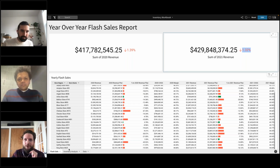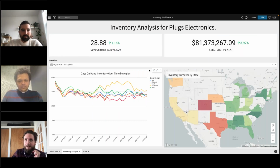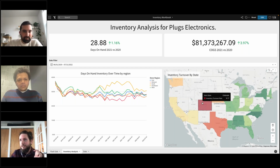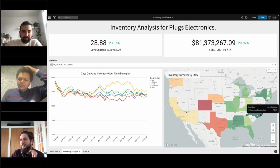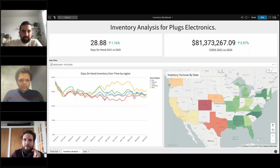So if I want to hop over, I might want to do some inventory analysis. So these were the different metrics that become very important within retail, like sell-through, like days on hand inventory over time. And again, the Southwest is my prime offender, that they have the largest trend of days on hand inventory. That's also very evident in my geospatial visualization that they're doing 9.17 in turnover. These other states, New York has a much better turnover rate at 13 points. So I'm going to focus on the Southwest,